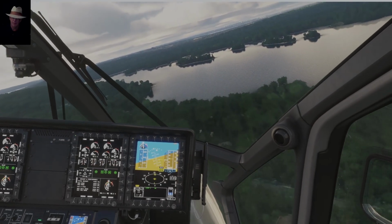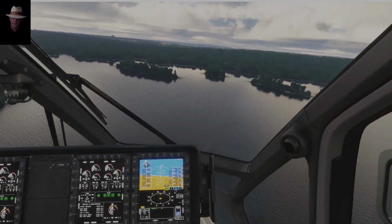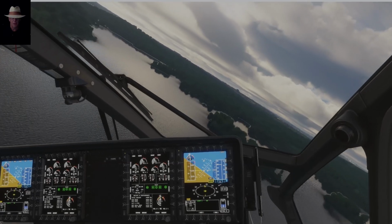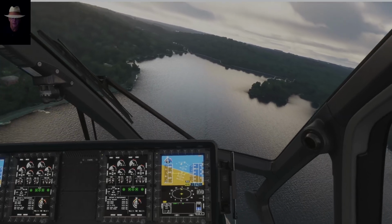And I lived off of Lake Williams. This is in fact Lake Williams right here, because I recognize the islands. I used to kayak down here. And if I keep going down these lakes, I'll end up hitting one of the lakes that is well known for producing Olympic level